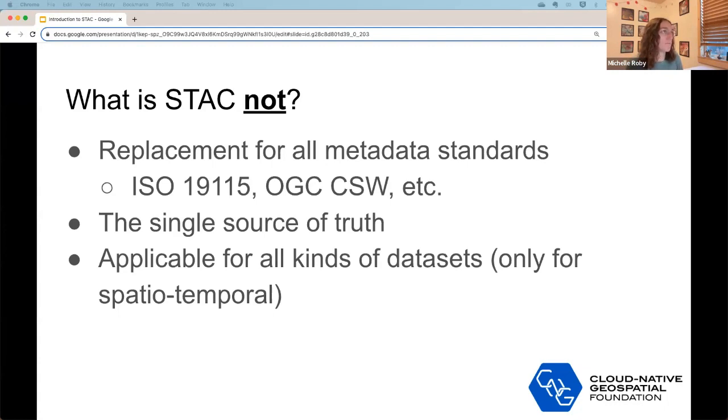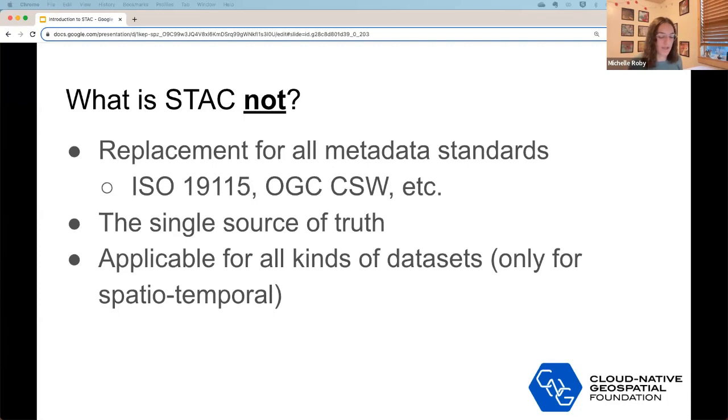There are different data sets that STAC just doesn't apply to, that can't be cataloged in STAC. And if they are cataloged in STAC, it's not quite utilizing the total functions of a STAC catalog. So just something to note.